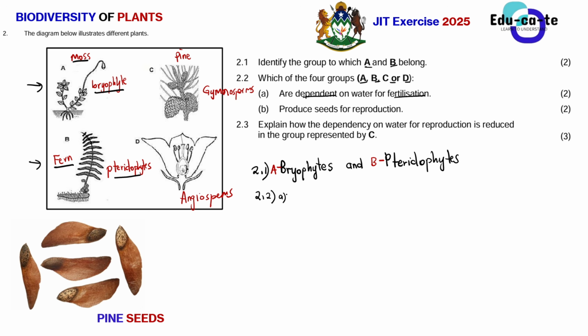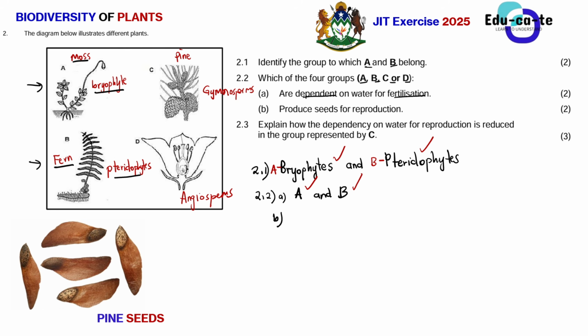So for A and B, we're going to say that those are the groups that depend on water for fertilization. So it's 1 mark each here. That's your 4 marks. Then when you go to number B here, it now says, which of the following